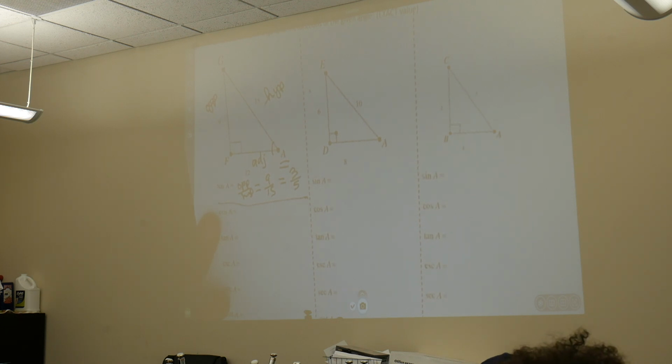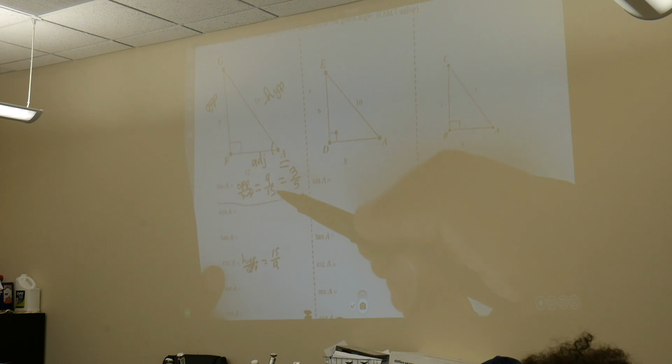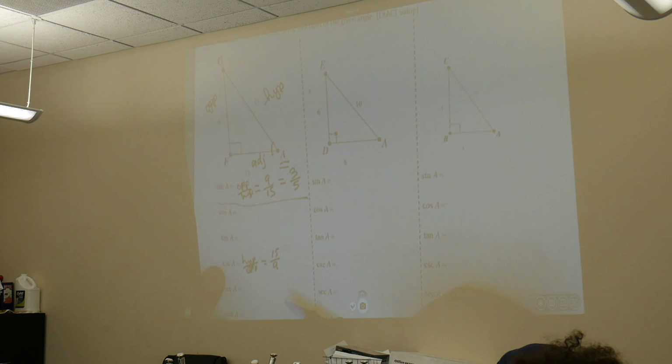Questions? If I know sine, I can find cosecant right away, right? Because it's just the flip of the sine, yes? So what should be the cosecant? So the hypotenuse over the opposite, 15 over 9. If you look here, sine was 9 over 15. Cosecant is 15 over 9. Because we're just flipping it. Okay? And so then when we reduce, we should get 5